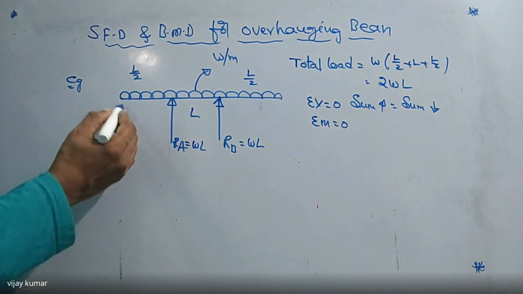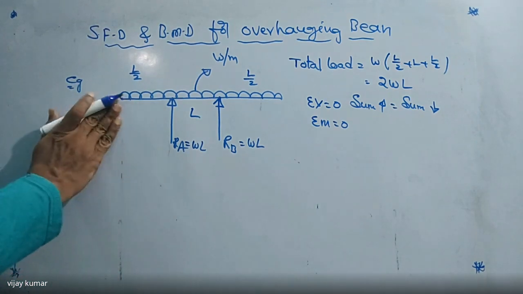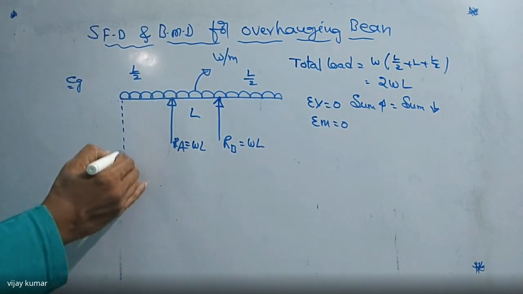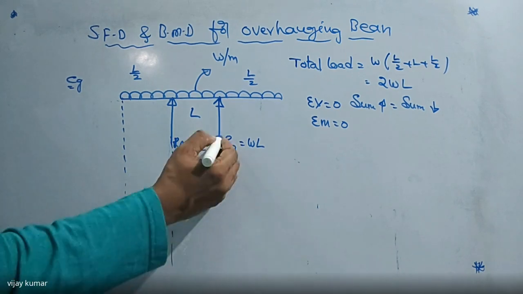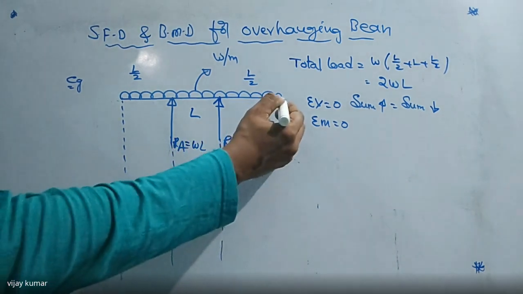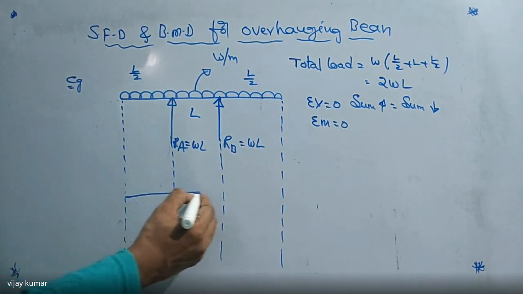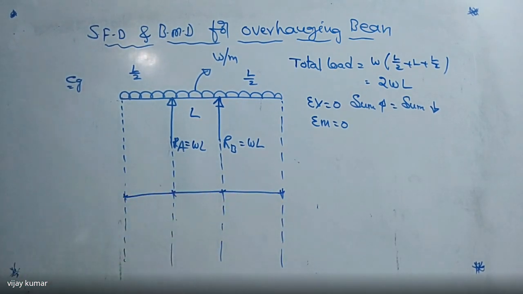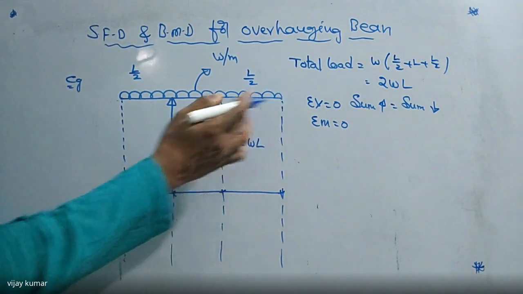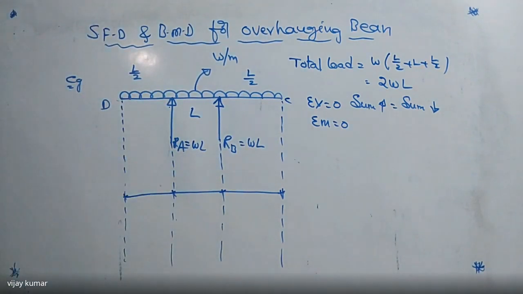So in such cases, here I'm going to draw, first of all, the shear force diagram. After that, I'm going to draw the bending moment diagram. Listen carefully. Right. Now here, from this point to this point, this is A, B, and this one is C. Suppose this one is D. We can take it as you wish.